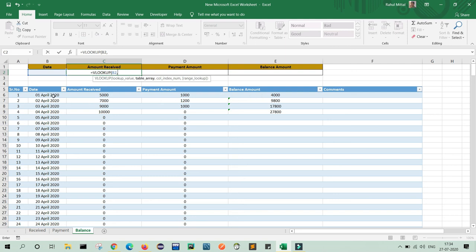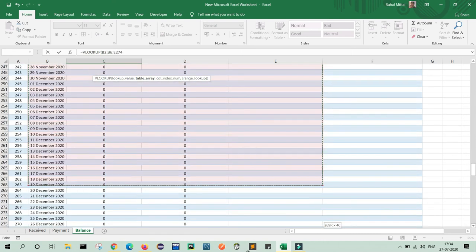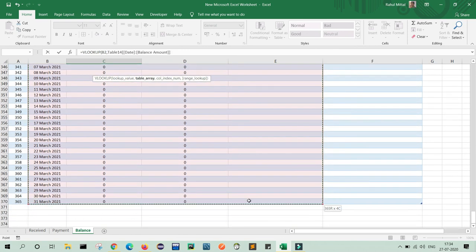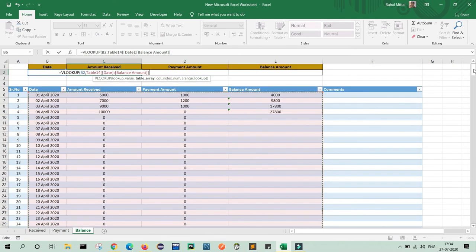So I will select this entire column till bottom, till here. Now comma, the third parameter is the column index value.